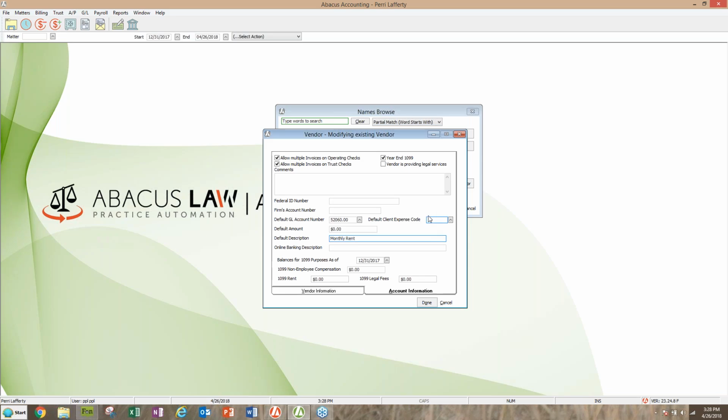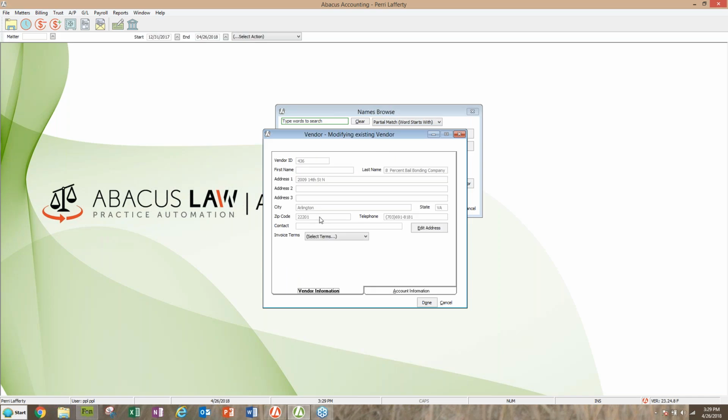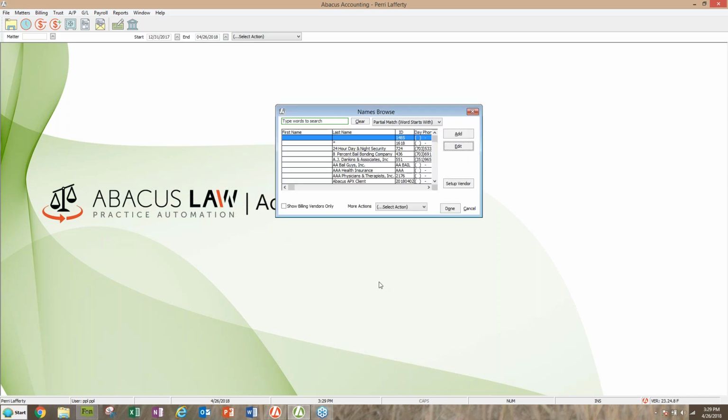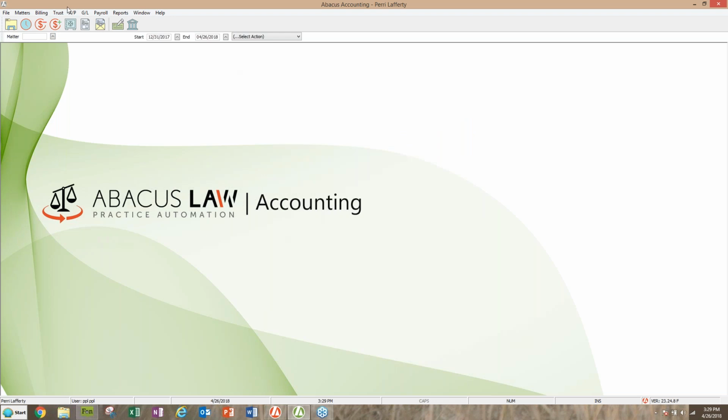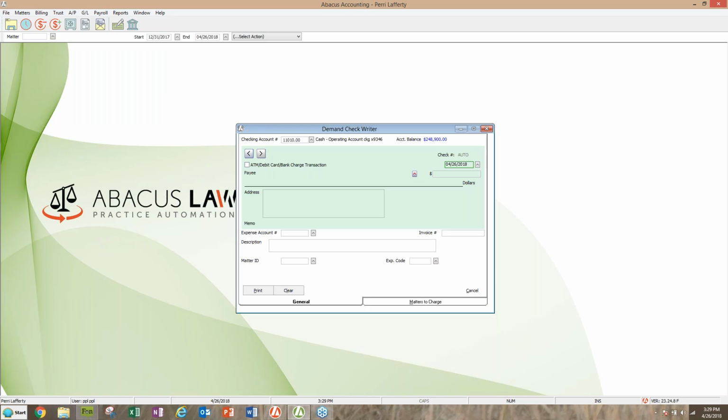Okay. If it is for a client, you could put in the client expense code, and anything you enter here automatically defaults to the check writing screen. So let me save this. Let me see who I was using here. Oh, 8% bail. Okay, so done. And if I were to write a check to 8% bail through my little demand check writer,